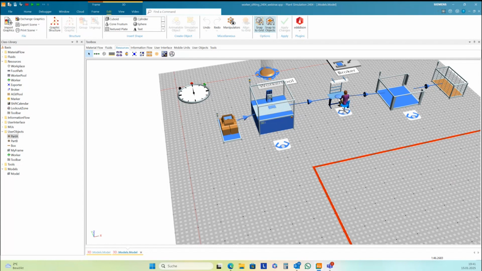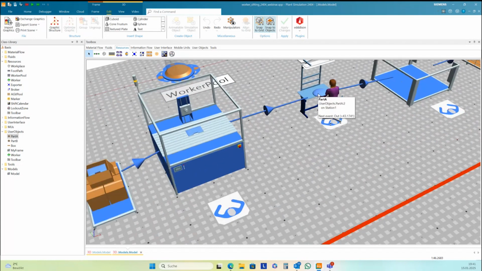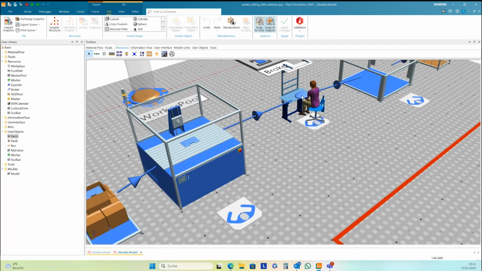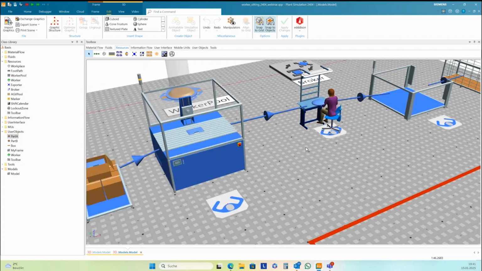Now it's round here, but it scales the height of this graphic because it has only this height of this part. Okay.